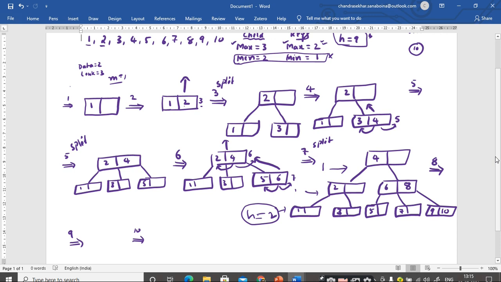So this is the end of today's session. In tomorrow's class, we will continue with the same topic of constructing a B tree with a random number of elements and with an increase in the order of the B tree. We will see m equal to 4 and m equal to 5 with random elements. Is it clear?